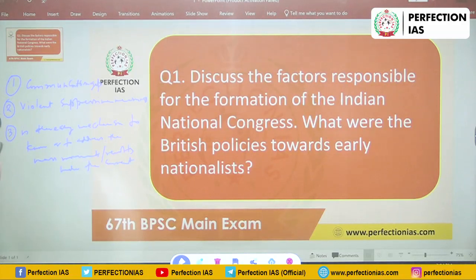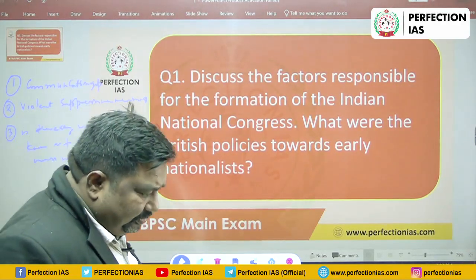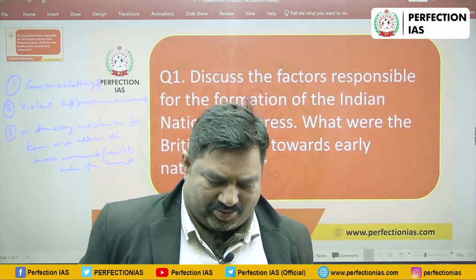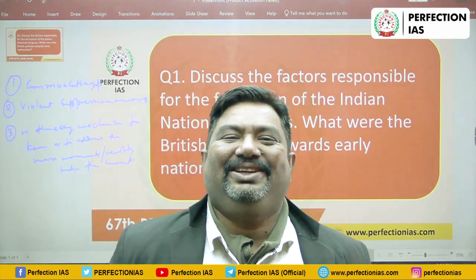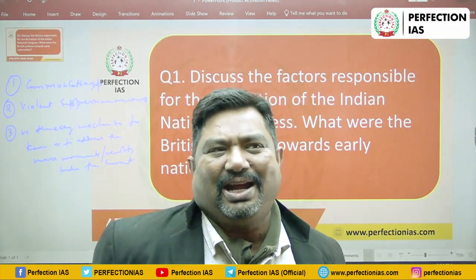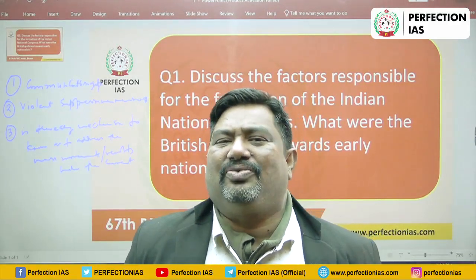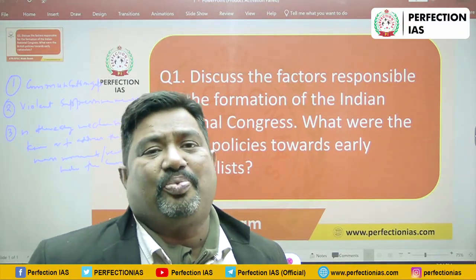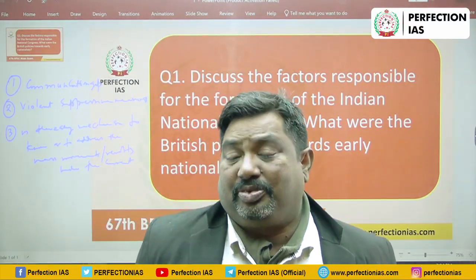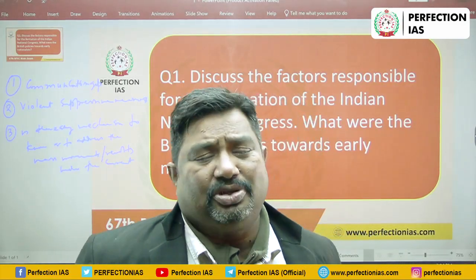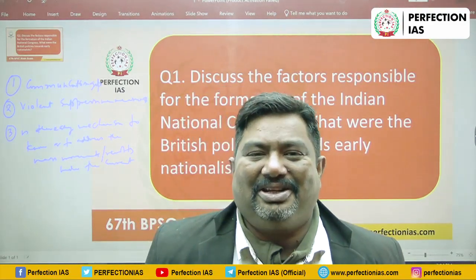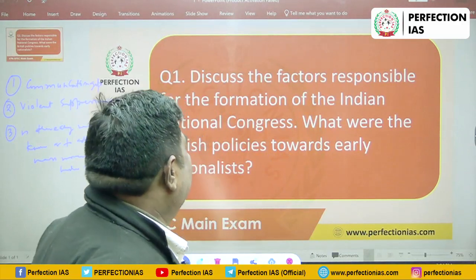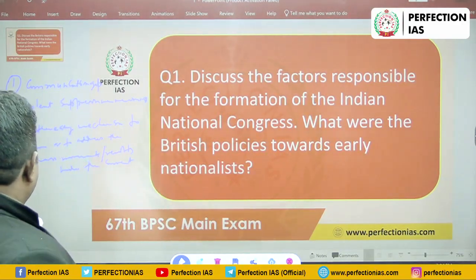What was the second bottleneck? Actually, resorting to violent measures cannot be part of a civilized society. That is the last resort. It cannot be the only measure, because wherever and whenever you did this, you could not stop the undercurrent of the movements. Suppose you suppress one revolt, there are many others breeding on the ground. So it was very difficult to suppress so many revolts in the pipeline. So that was one of the issues.